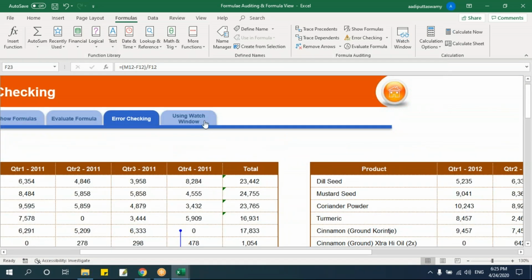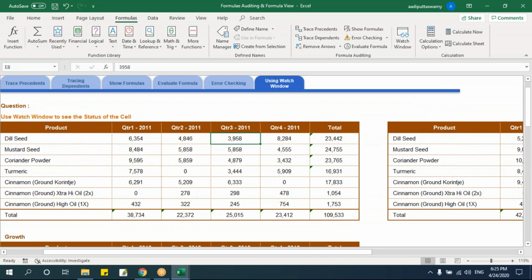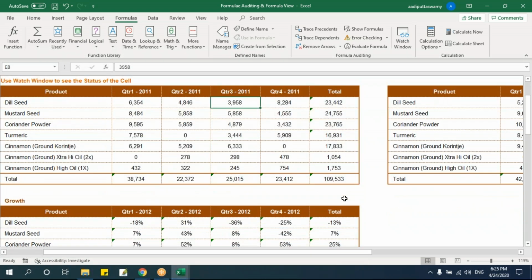Next one, watch window. Watch window is an option most people actually don't use, but it is a very good option to use when I'm not in the particular sheet or column, but I want to know the results which are somewhere far. Let me show you.